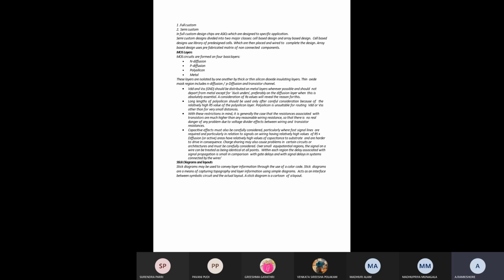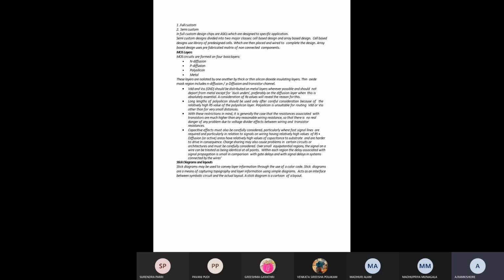With these restrictions in mind, it is generally the case that the resistance associated with a transistor is much higher than any reasonable wiring resistance, so there is no real danger of any problem due to voltage divider effects between wiring and transistor resistance. So while combining the layers, we have to avoid wiring resistance and any problem related to voltage divider effects.